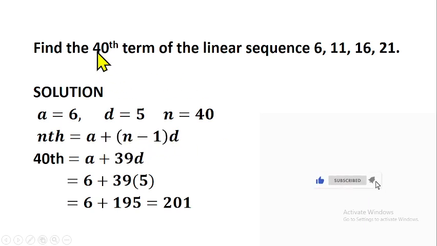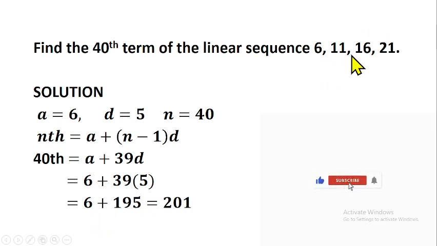So what is the 48th term of an AP? If you put 48 here, that means you have 48 minus 1, which will give us 47. So that means the 48th term of an AP is A plus 47D. Do we understand that? n is 48, the term we are looking for, equals A plus 47D. So our A is 6 plus 47 multiplied by the common difference 5. So 47 times 5 will give us 235, plus 6, that gives us 241.